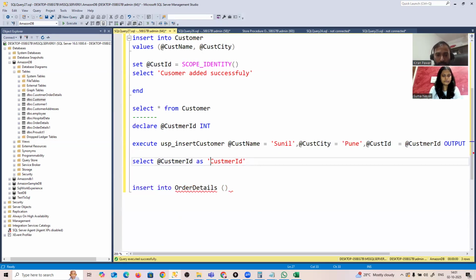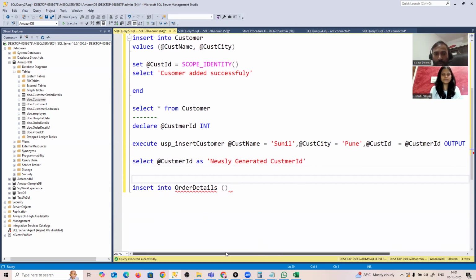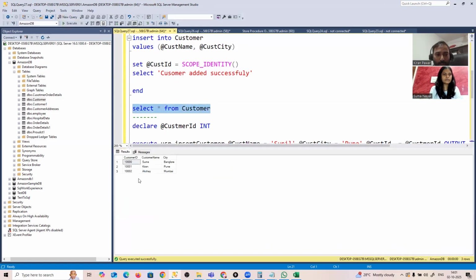So we'll call this the newly generated customer ID. Got it? So far so clear? Good. Now let's go and execute this, and I'm expecting that for this Sunil, I should get the next value,